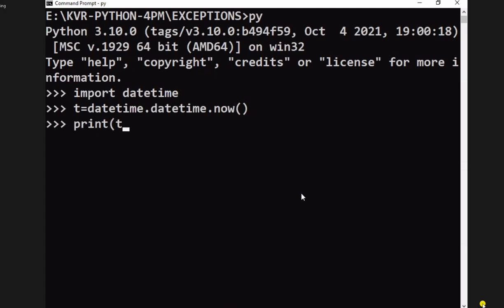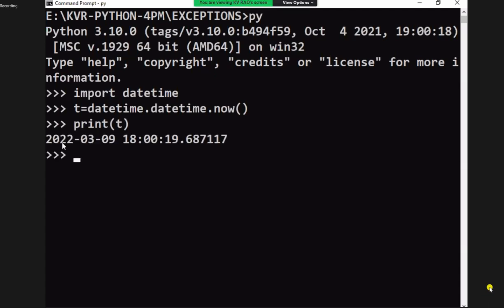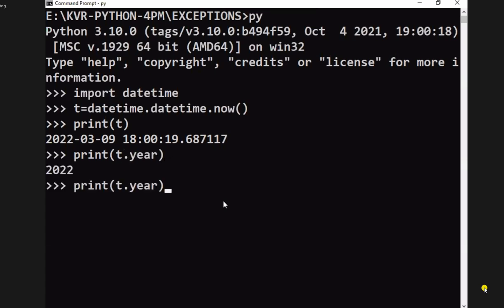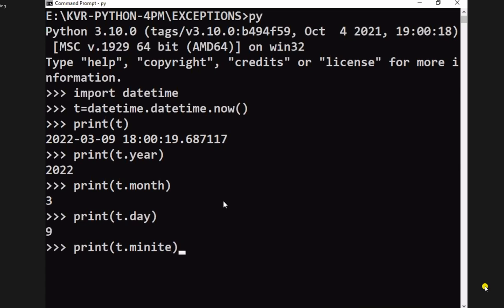Print of t gives 2022, 3rd March, 6 o'clock, 19 minutes, 19 seconds, microseconds. Print t dot day, t dot year. How beautiful this Python program is. 2022, t dot month, t dot day, t dot minute.